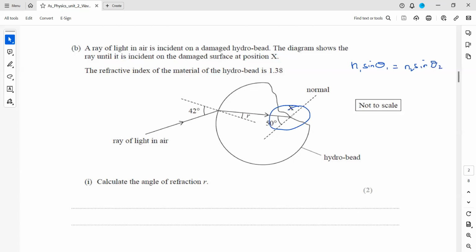Now, in this part, if the angle of refraction is 90, we are finding the critical angle. You can use n equals 1 over sine theta or 1 over sine C, because one of the media is air in this example. But what if there was no air? Then you have to use again the concept of Snell's law. So n1 is the refractive index of the first medium, like now it is moving from hydrobead to air. So 1.38 sine, this angle is given 50, the angle of incidence. The refractive index of the medium air is 1, and sine theta 2 is actually